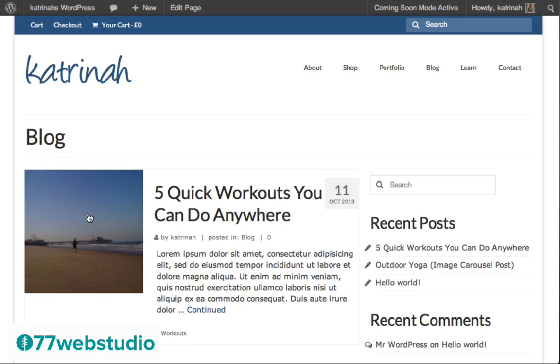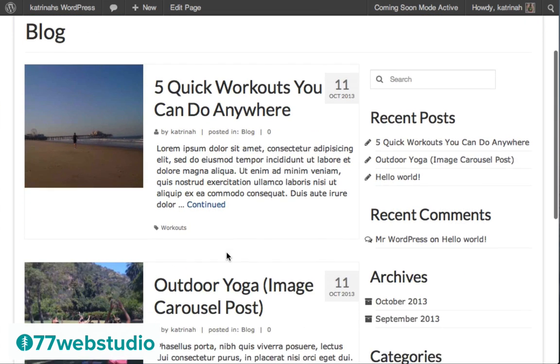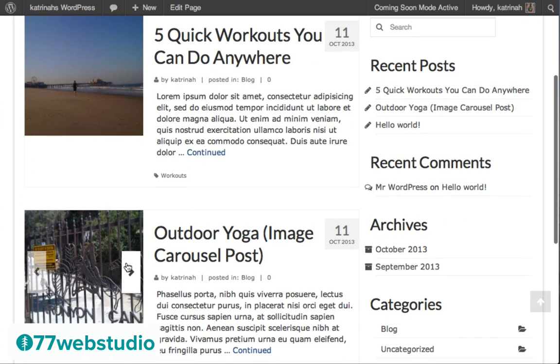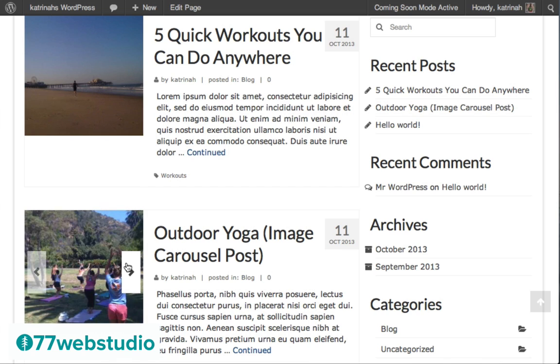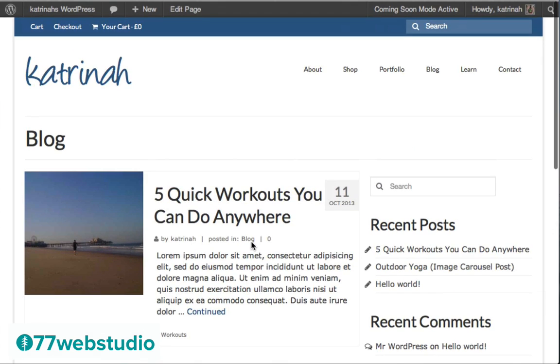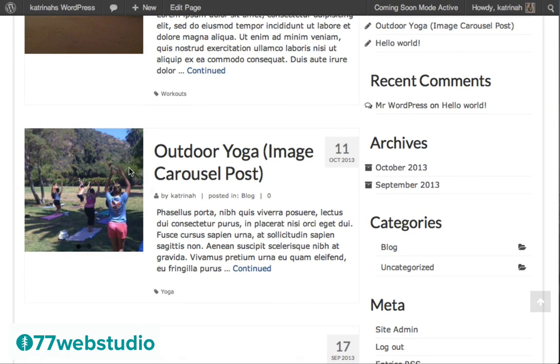And here we can see now this image shows up, a static image right next to the blog title and the excerpt. And the other one right here is this image carousel. So there's a couple other different styles that I want to show you how to add here. The next one is the landscape carousel. So we're going to create one that looks something like this.